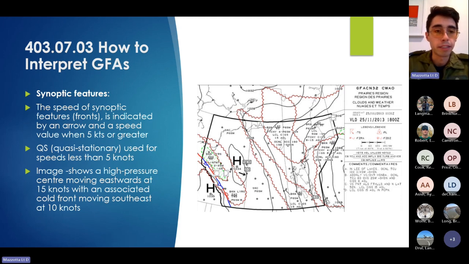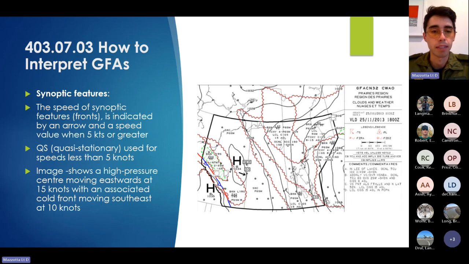So some synoptic features of the GFA. The speed of the synoptic feature, so fronts, is indicated by an arrow and a speed value when it's greater than 5 knots. So if you look here, where that H is, there's an arrow. I think it says new, and then there's a speed there as well. That's going to indicate